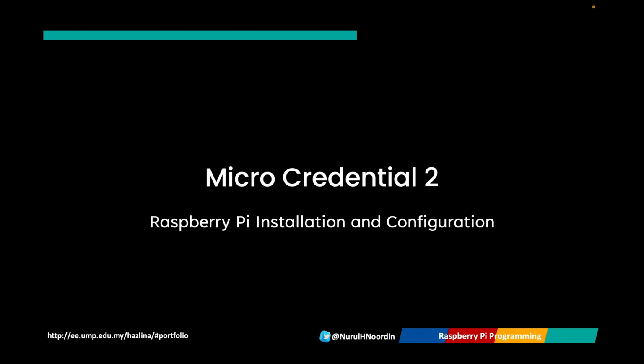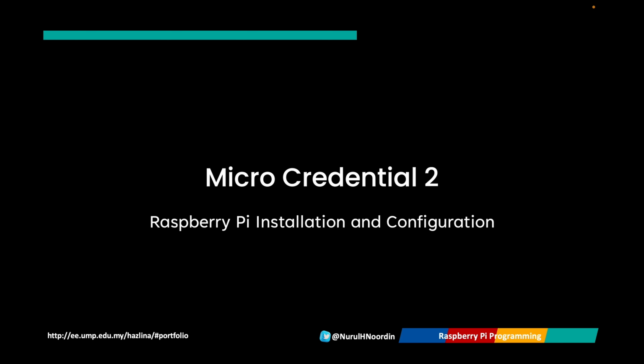This course is the second installment in the three-part series, which are Microcredential number 1, Learning Python through Slider Game Development, where students develop programming fundamentals through an interactive game. Microcredential number 2, Raspberry Pi Installation and Configuration, our current course focusing on setting up the configuration of Raspberry Pi on hardware interaction, and Microcredential number 3, Raspberry Pi Programming, where students take their skills further by coding, interfacing with